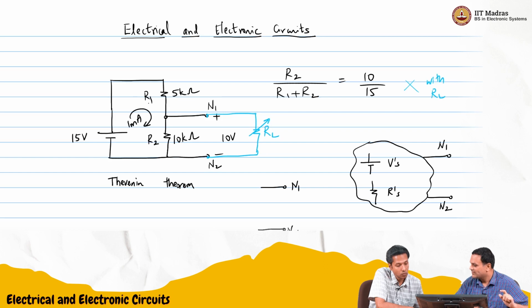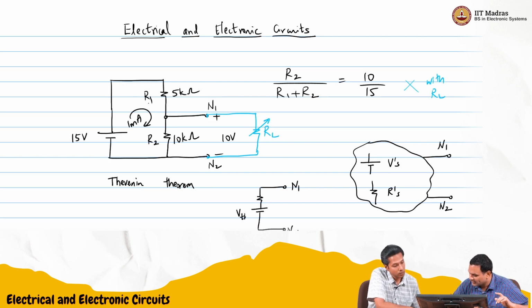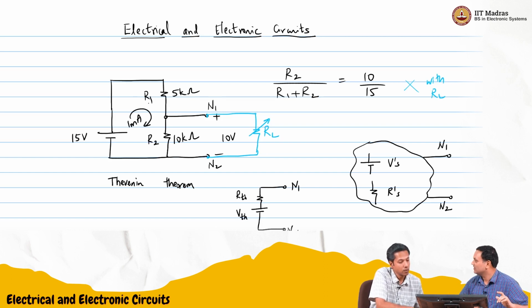You can replace the entire network by a combination of exactly two components. One is a voltage source, which we'll call the Thevenin voltage. The other one is a resistance, which we'll call the Thevenin resistance. And now you can use this model everywhere. So if I connect this RL across N1 and N2,